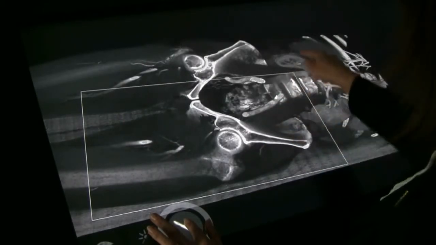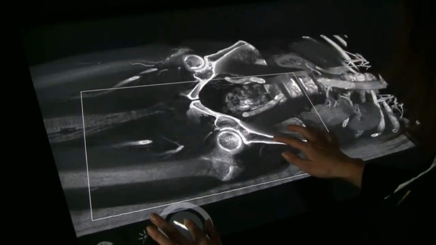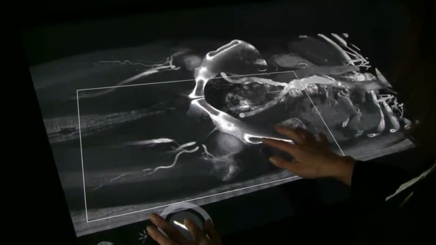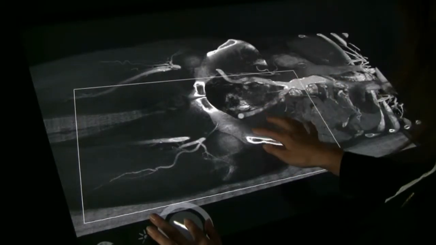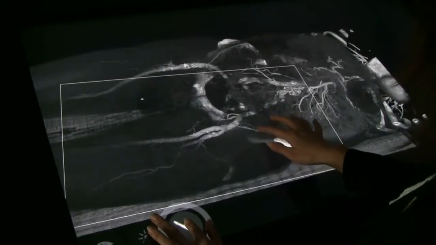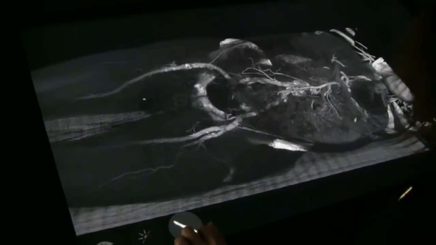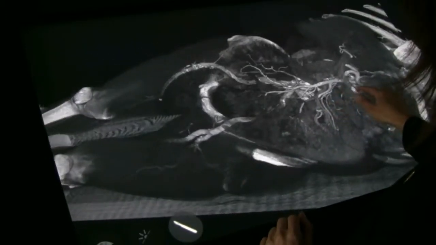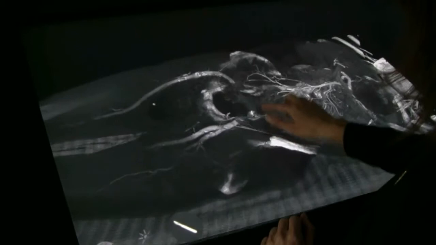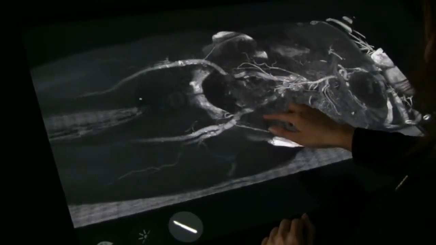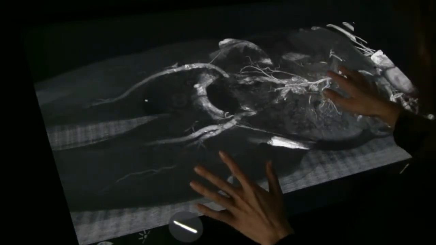You see the kidneys, you see the liver, you see the aorta, you see the aneurysm here, and you see the stomach. All this information is gathered in one real-life patient case. And with real-life cases like this,